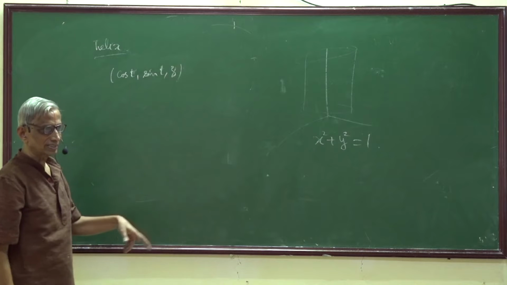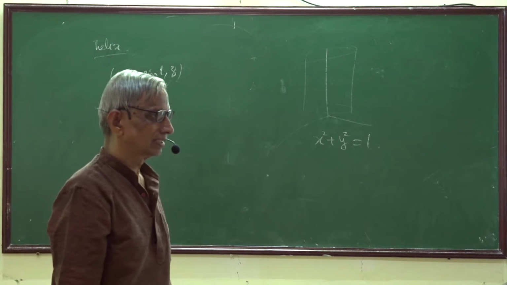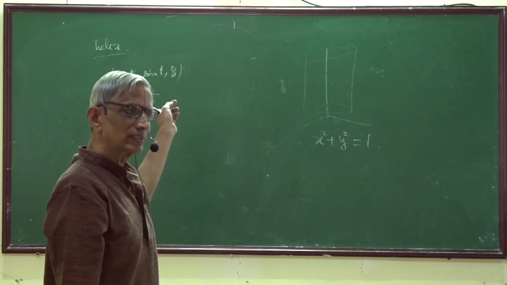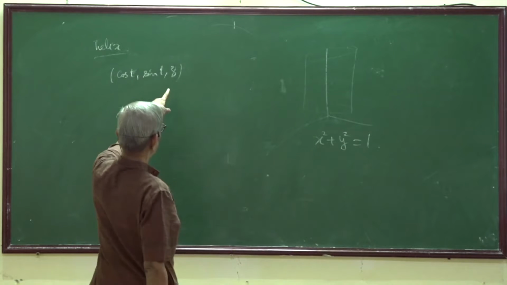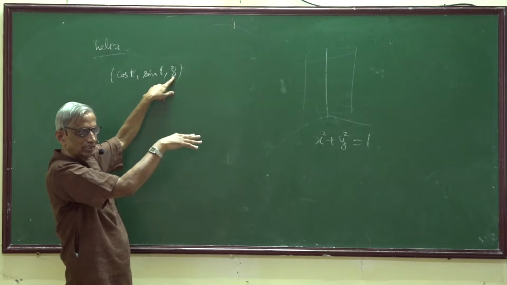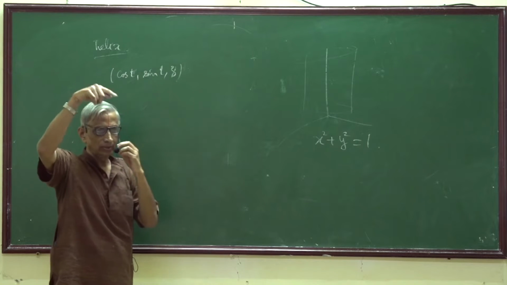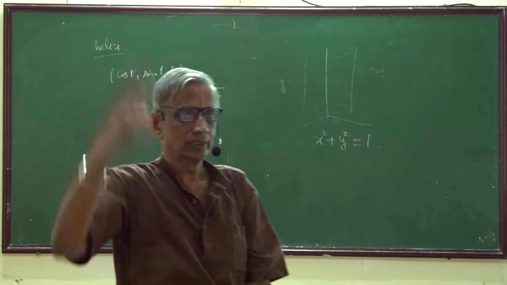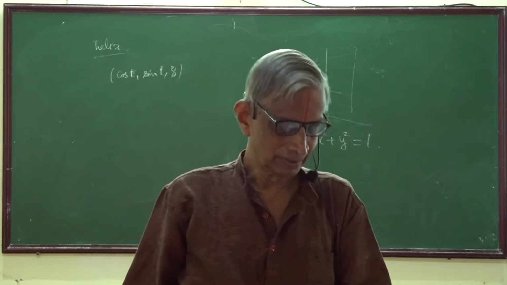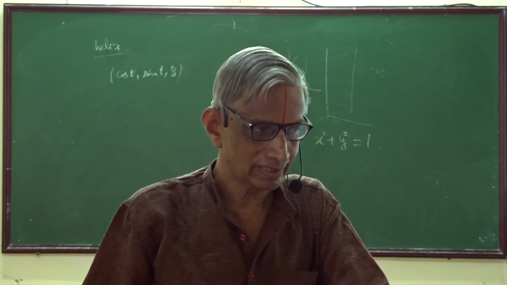Take something like this. What does this give you? So always points lie on some circle or the other. If you fix a Z, the point lies on the unit circle at that level. You don't get the whole circle, but it keeps winding like that. Of course, helix is famous from other contexts,